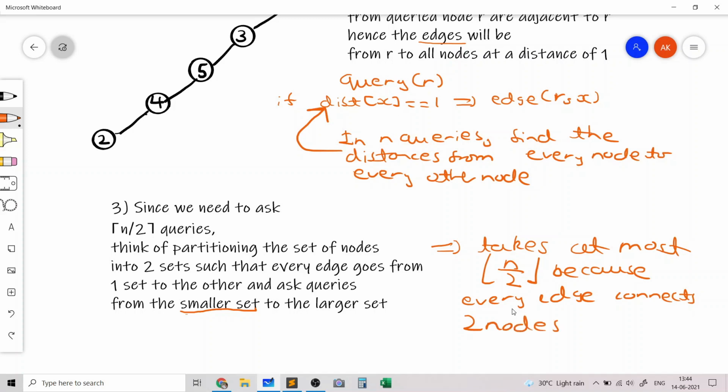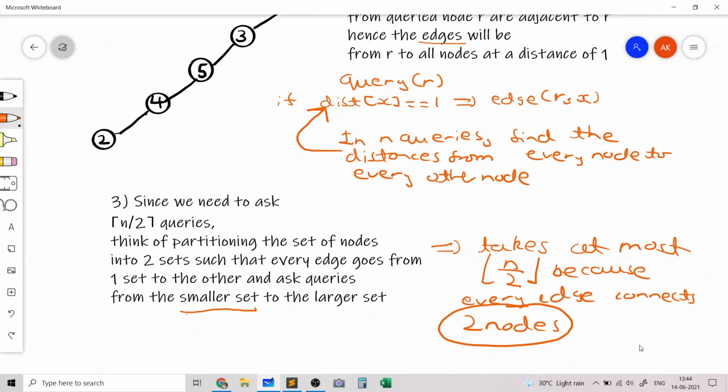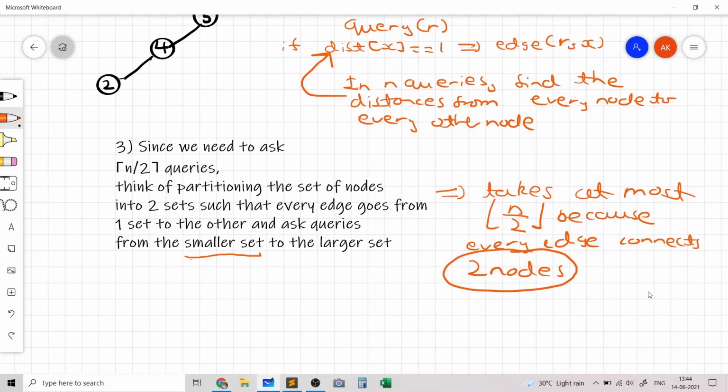So this is the property that we are trying to exploit, that every edge is going to connect two nodes, and based on that we want the number n by 2, otherwise there would be no way to optimize it further. The number 2 comes from the fact that every edge connects two nodes, and because of that it takes n by 2 queries.